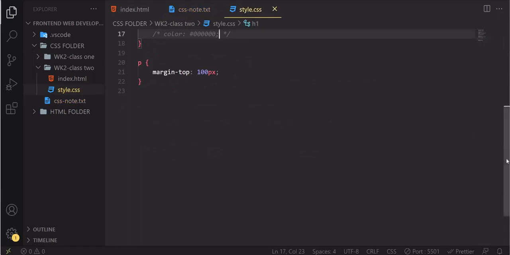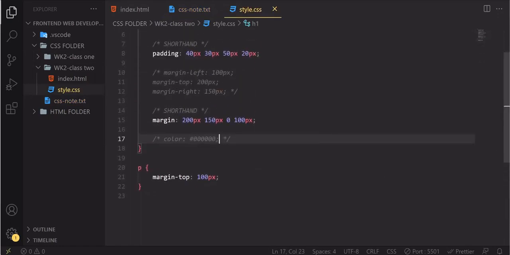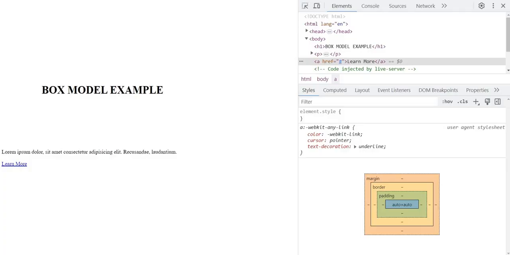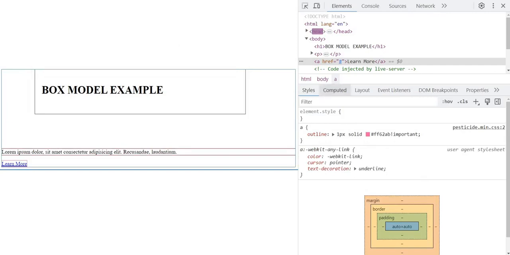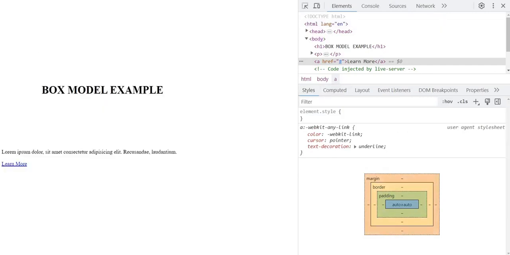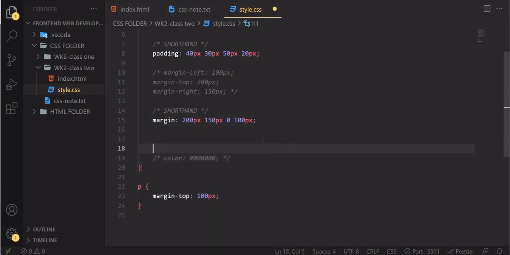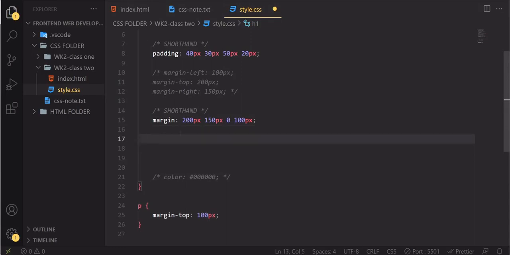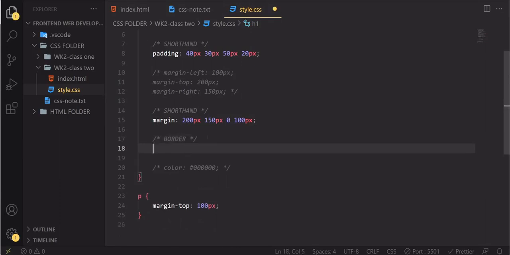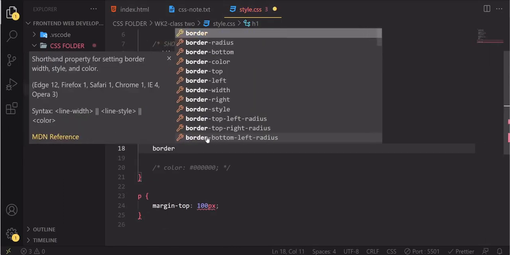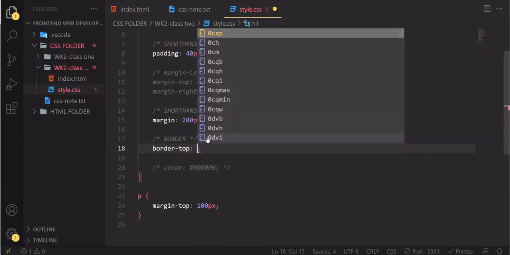So now let us see this. I'm going to create a border around this HTML. So let me show you this. This is what we have. Let me just create a border around it so you can see what I'm talking about. So let me bring this one down here. I'll come here, border. So here I'm going to say, okay, for border top, I want